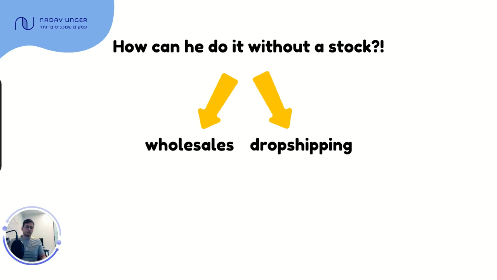Dropship, for example, you don't buy anything. What you're buying is what you're selling. So if someone enters your site and wants to buy a shoe, you don't have the shoe in your house or in your wholesale. You didn't buy anything. You just show him the shoe. You make a price for the shoe, for example,